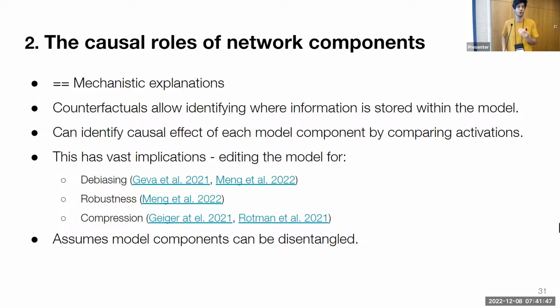And thirdly, we can also imagine a way of compressing the model if we have identified neurons that are not useful from a causal perspective, or that are using information that we would not want to use when deployed. So all of these cases rely on us being able to use those counterfactual examples to identify specific causal components that the model is or is not using. There is some strong assumption in that literature that those model components can be disentangled, which might be problematic if you recall Kuhn's part. But again, if we can agree that this assumption is realistic in many cases, then there's a lot we can do using that type of knowledge.